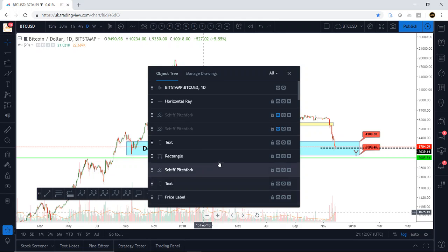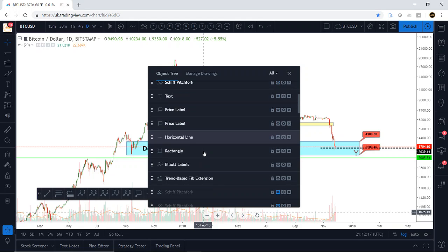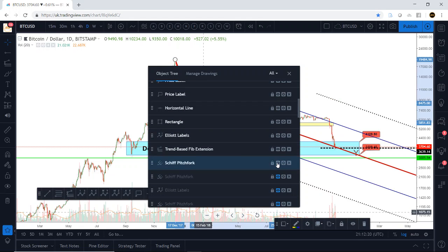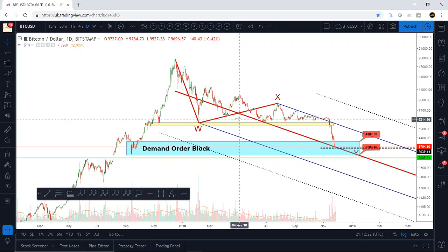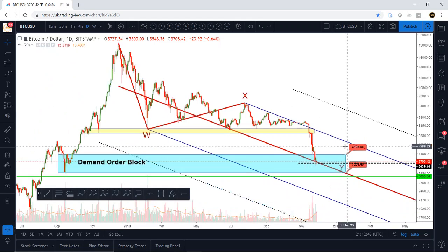These are the three main aspects to my analysis. I'll use Elliott wave, I'll use order blocks, and I'll use pitchforks, and I try and use the confluence of those to determine where price will go. Let's see. Okay, this is the one. So this is a shift pitchfork, and basically you draw your pitchfork using the first two waves, so W and X. First pivot at the start of W, second pivot at the end of W, third pivot at the end of X, and then you get your lines drawn out,